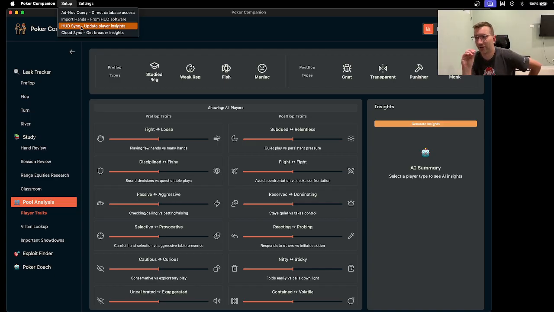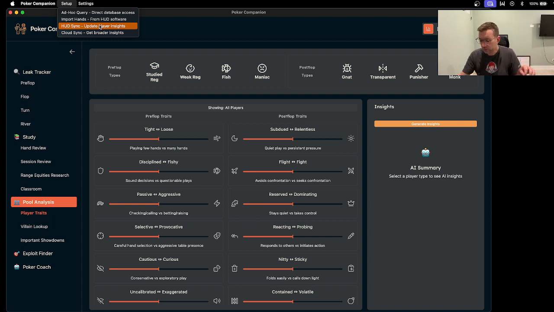So I'm going to try, and I haven't tried it yet, so you're going to see me literally try to develop a new feature without attempting it before: the HUD sync, so that all the information about the players we collected can get synced back to Poker Tracker. When we play a session, I hope to have a stream on the Discord and record that as well, so you can eventually see what that looks like. But I want to be able to sync all this player data back to Poker Tracker